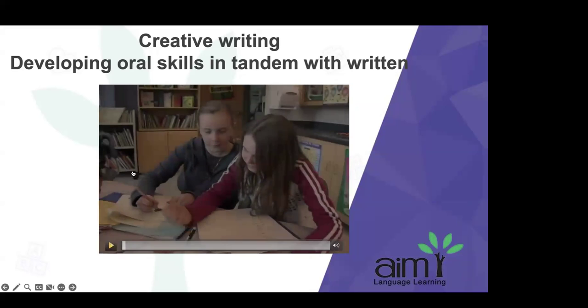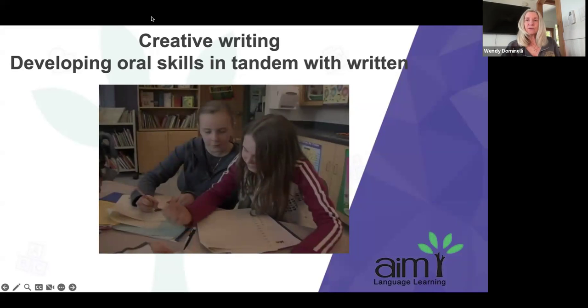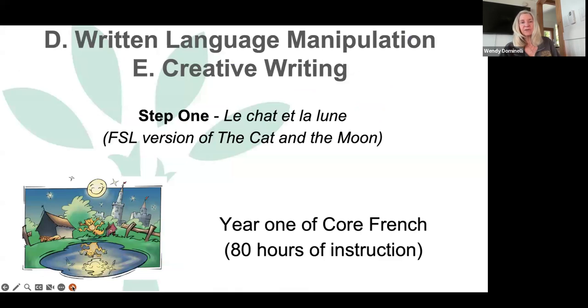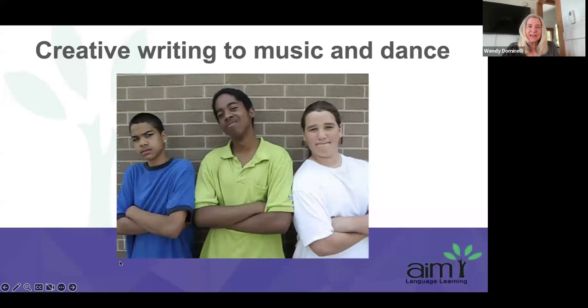So in an AIM classroom, the students are working together during the partner group activity time to develop their stories, to discuss their written activities. So they're continuing to develop oral language skills in the process of the development of written language skills. So oral and written in tandem. We do, as I mentioned, a lot of work on rhyme and rhythm, and this is something that some boys at a school in an